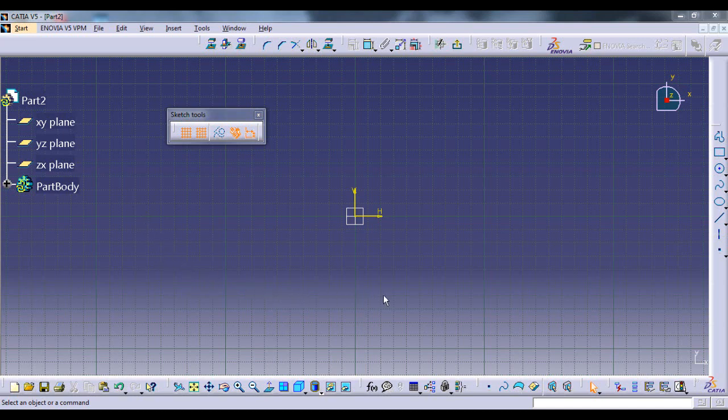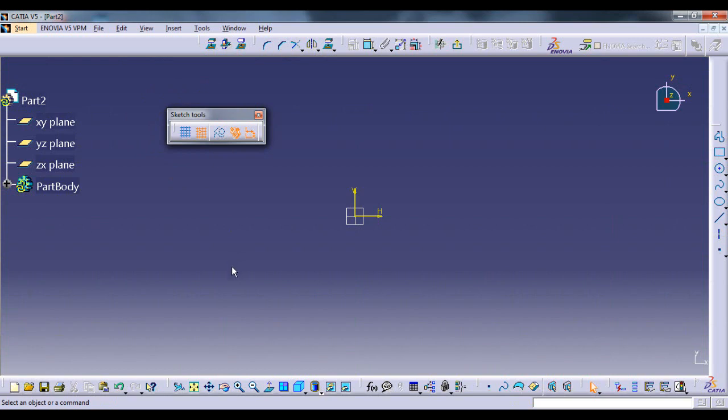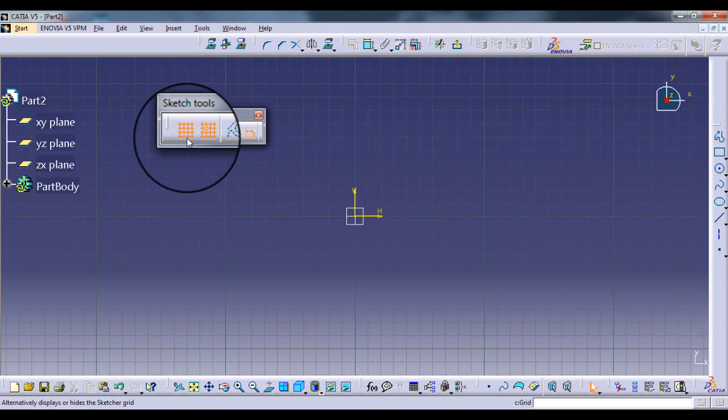One thing that we can see is the whole interface of this Sketcher is filled with grid lines. Although these grid lines are very helpful for us, if you want to turn them off, you just need to click on this Grid command and the grid lines will get turned off. Now if you want them again, you just click on the same command again and you will have those grid lines on your screen.